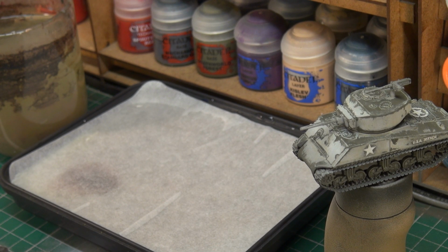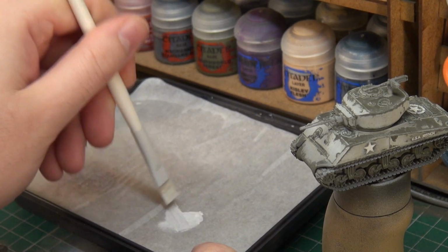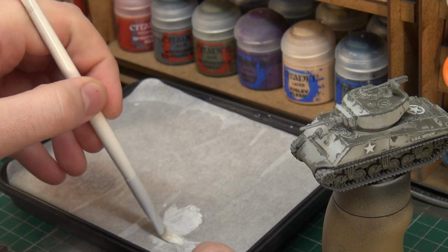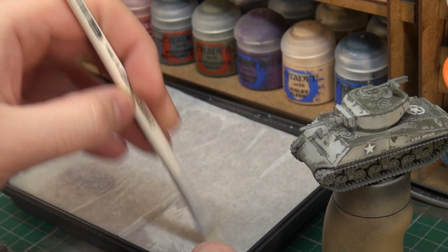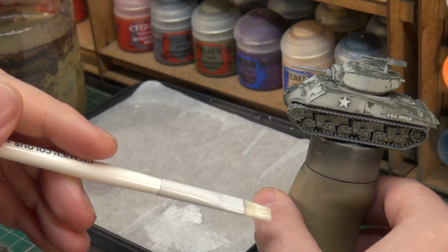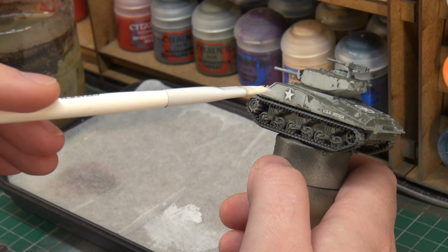So this is going to be a bit odd because I'm taking the dry brush paint and we're going to put it onto my wet palette. And what I want to do with this is sort of not dry brush, but I want to apply it in a very particular way. Let's see what it looks like on my hand first. I think that's right. And what I want to do is